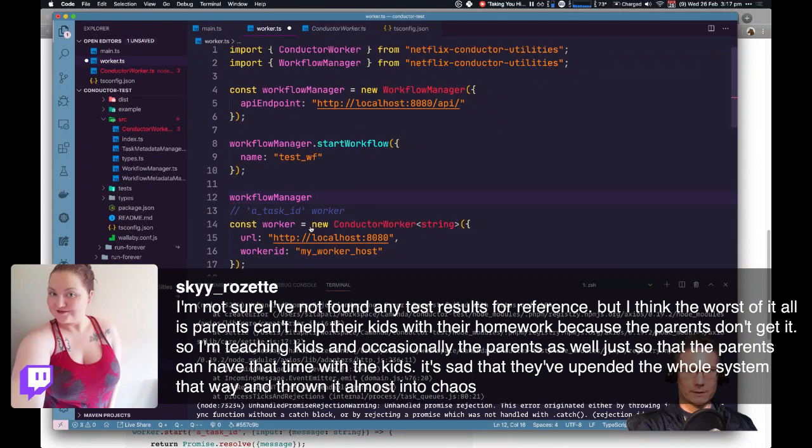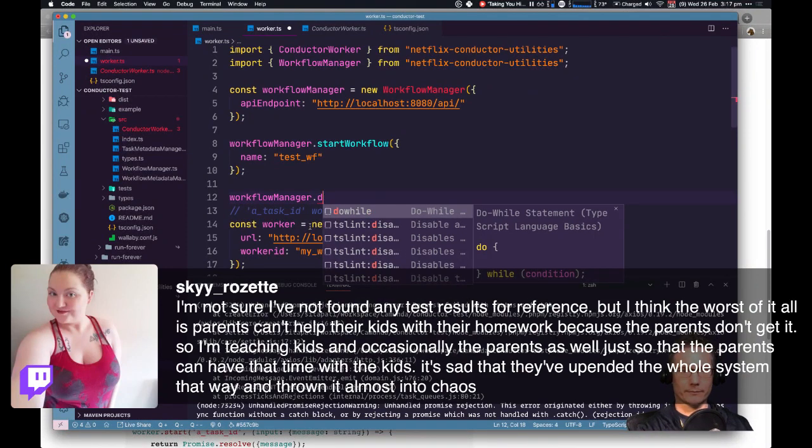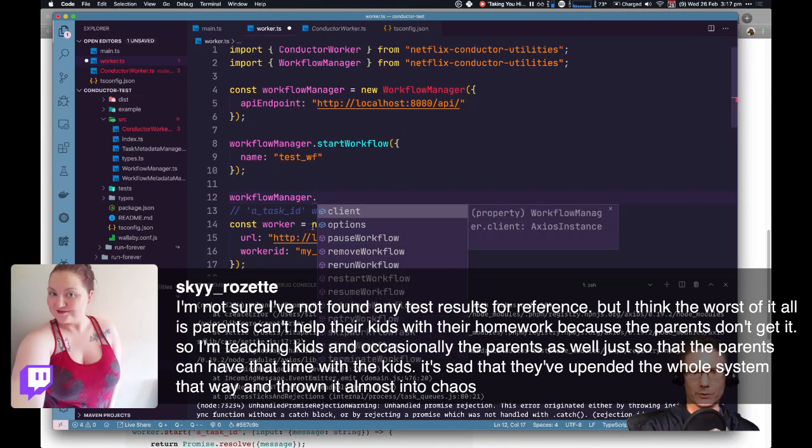Workflow manager instance, deploy. Nope. What can it do? It can do pause, remove, rerun, restart, resume, retrieve, retry, start, terminate. So this can only... Yeah, so maybe I need the workflow metadata manager.